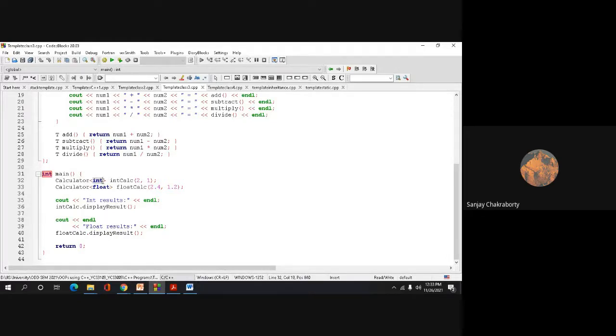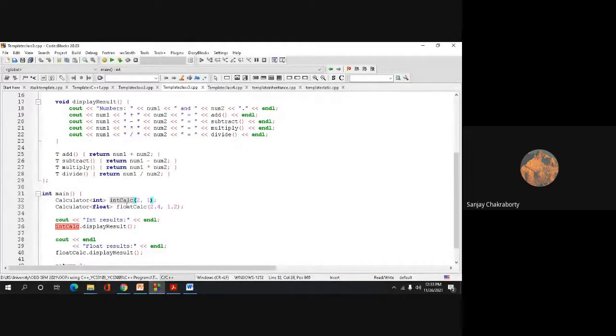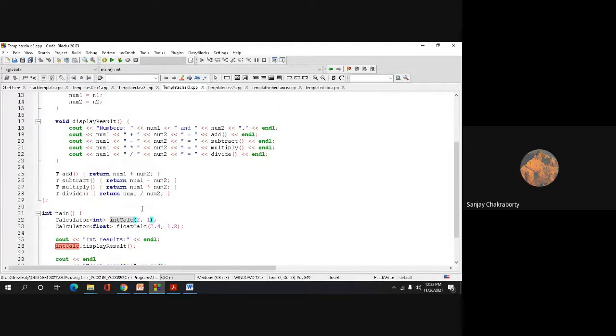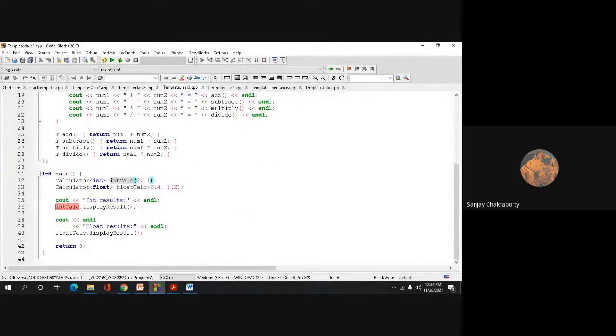Then the type of the template parameter, integer, that we mention within the angle brackets, and then int calc. So this is the object, an object of this class calculator. Int calc is the first object which performs calculation operations on integers.